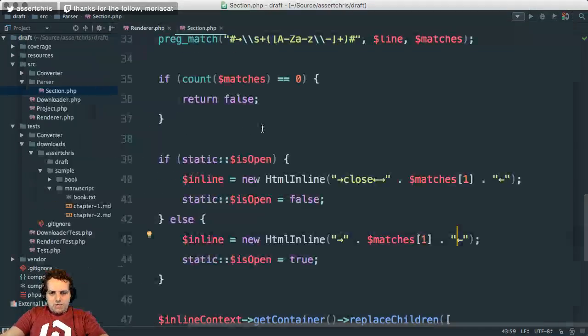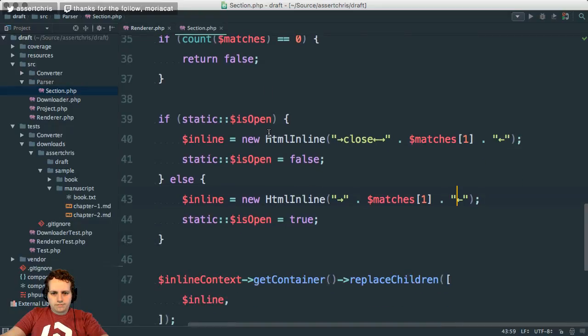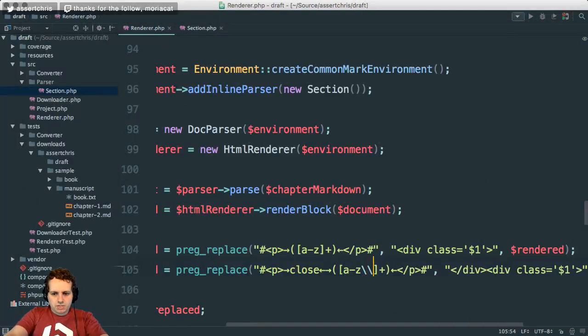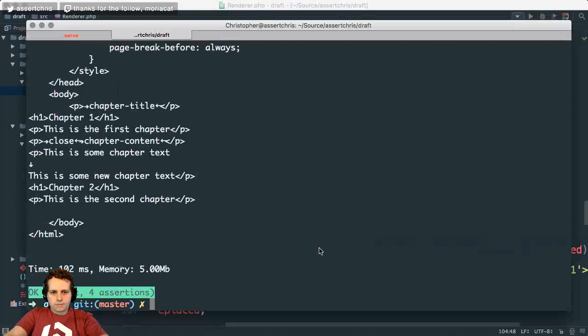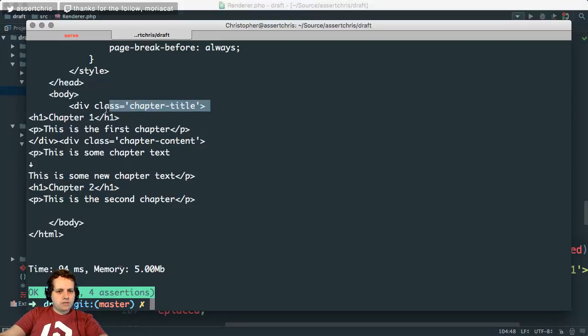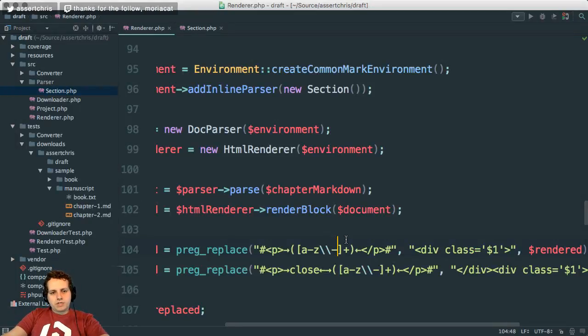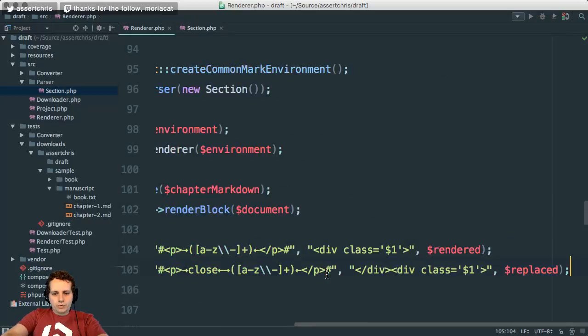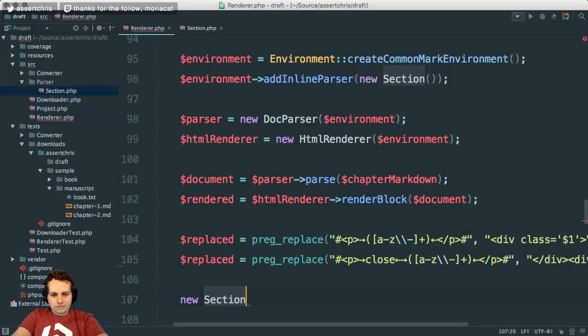No, it doesn't, because, oh, because I'm not matching this either. There we go. div class chapter title, close div class chapter title, and I just have to worry about one thing at the end of the document, which is if that section is open. Woohoo! New section. Come on. Oh, I've already got it there. Okay. If